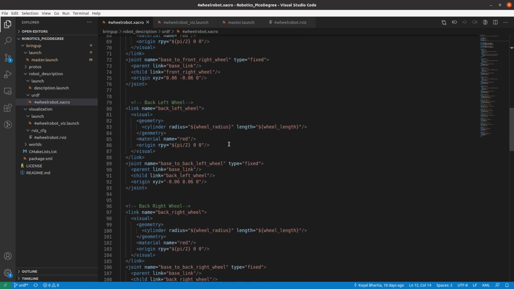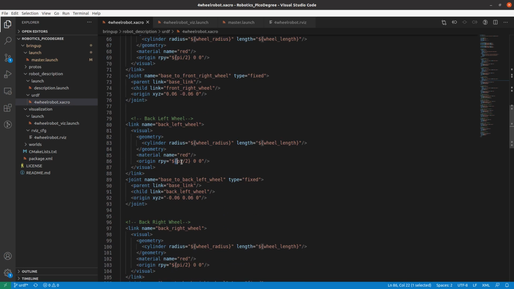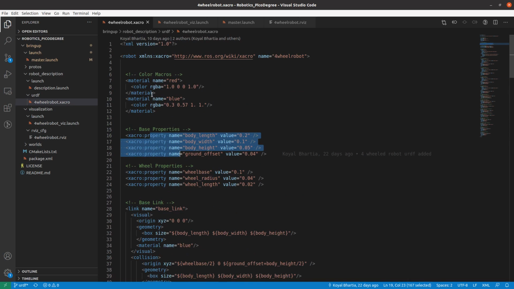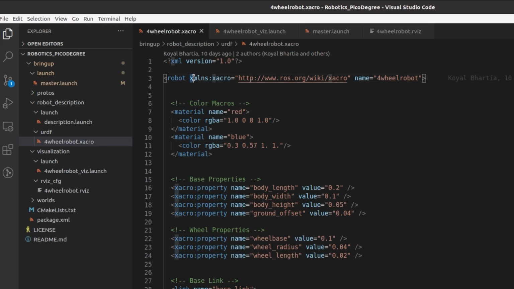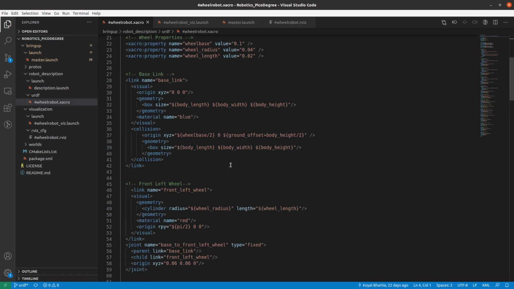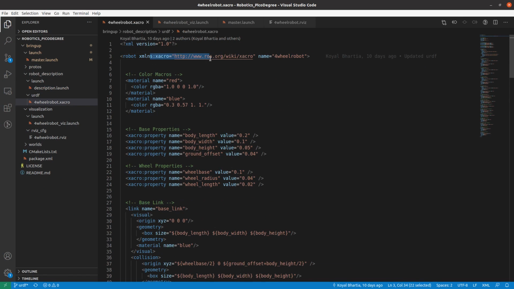It has the additional features of using math, variable names, and macros, which expand into larger XML expressions in the file. This xmlns is like XML namespace, which can be considered similar to importing statements. It's a way of qualifying every element in the file and saying that it belongs to this namespace.